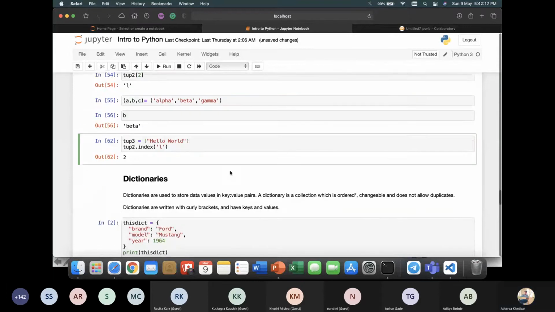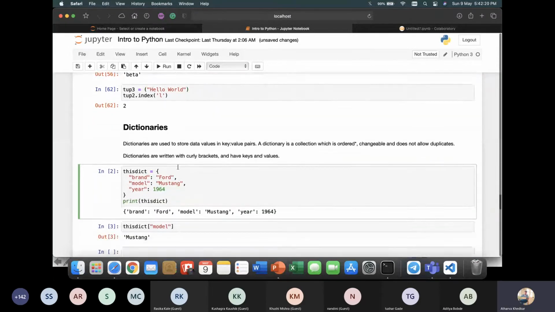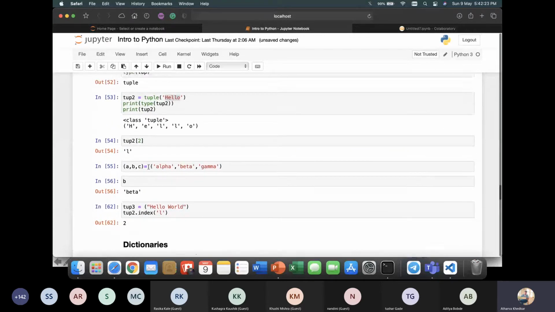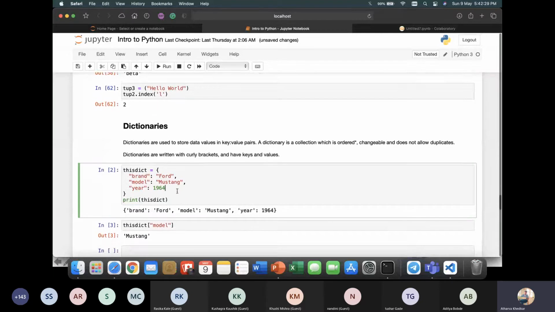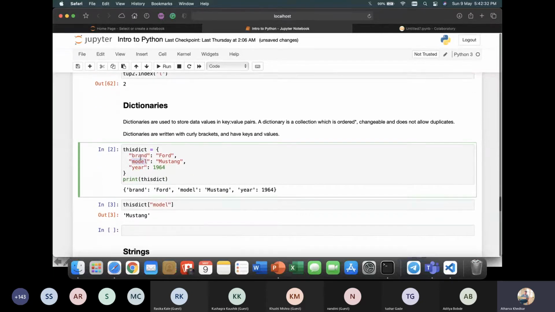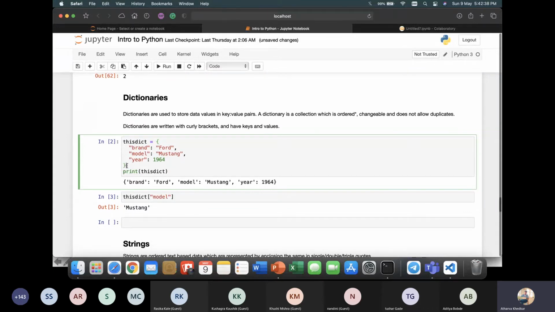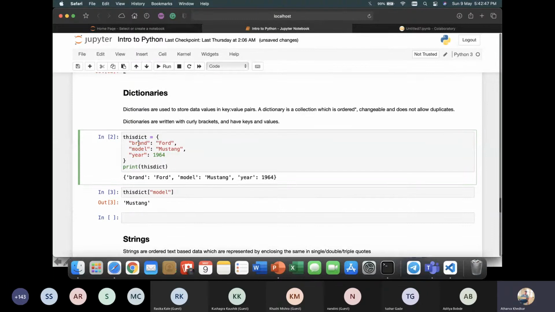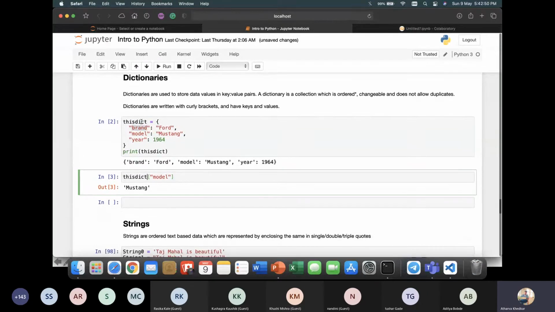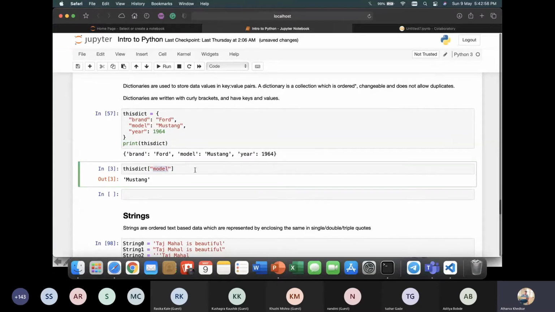It's very easy. And another data type is dictionaries. For lists or tuples, you might be seeing that they are indexed with 0, 1, 2 integers. But with a dictionary, you create your own index. So instead of using 0, 1, 2 for indexing, I can use these curly brackets to initialize a dictionary and specify whatever I want as my index. So I've created this dictionary and indexed it with model, and it will give me Mustang.